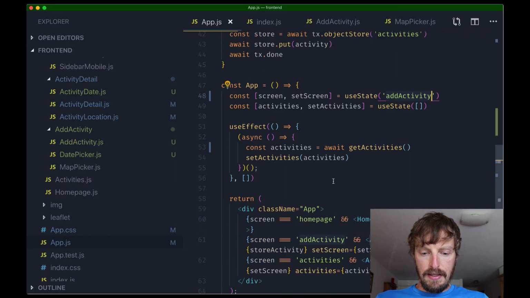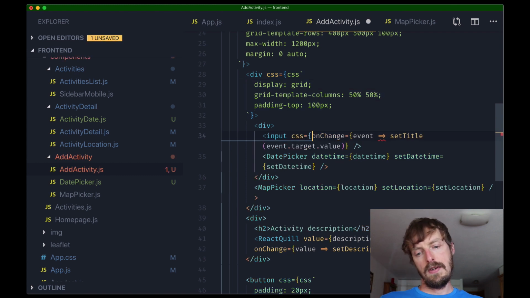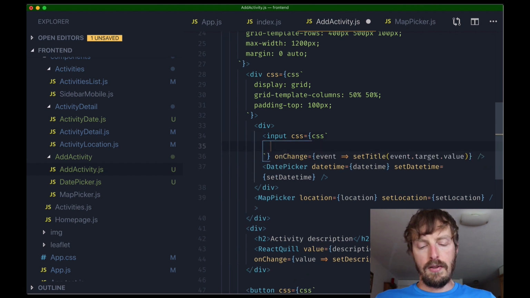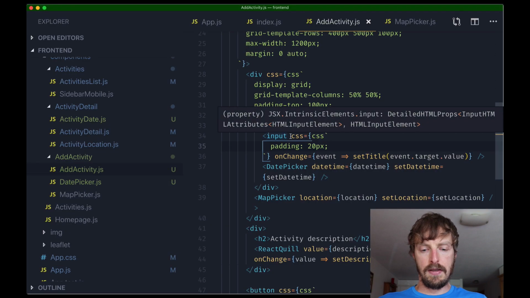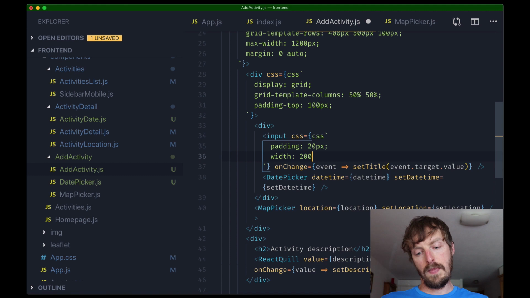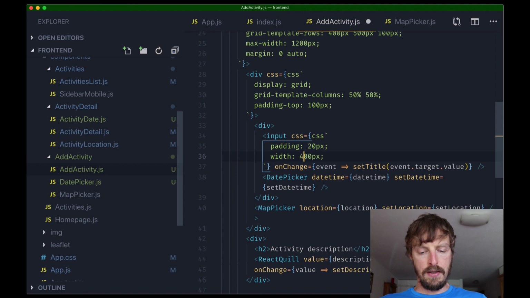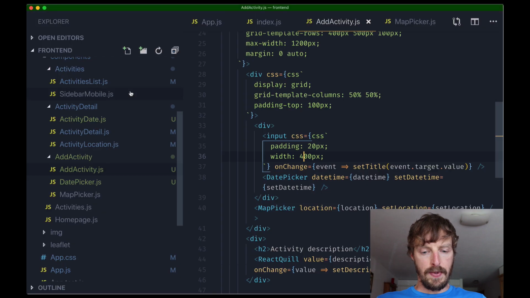So let's make the input bigger. So here we have our CSS. And to make this bigger, I'm going to use padding of 20 pixels. Then I want to make this 200 pixels wide input, maybe 400. Okay, then the map is going to be,